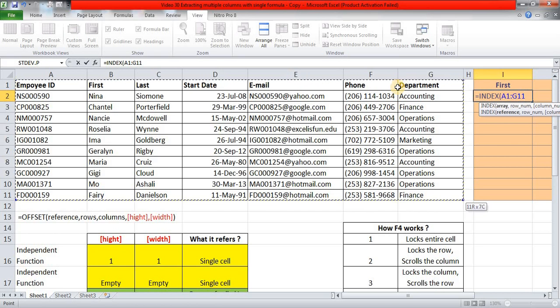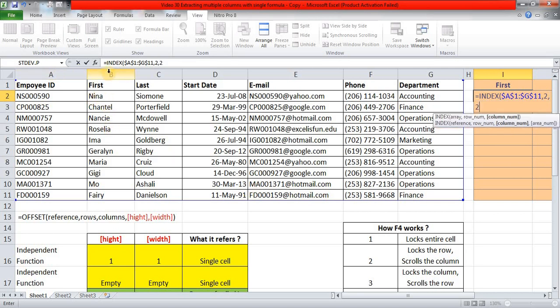Now because we are going to copy it down and to the sides, I am pressing F4 here to make that reference an absolute reference. Then for row, the first record I want is this Nina. So in terms of row, I want to move only one row down. If I type here 2, because INDEX always begins with 1, 2, 3, 4, and in terms of column, if I type again 2, because this is the first column, this is second, it will give us that Nina record, isn't it?